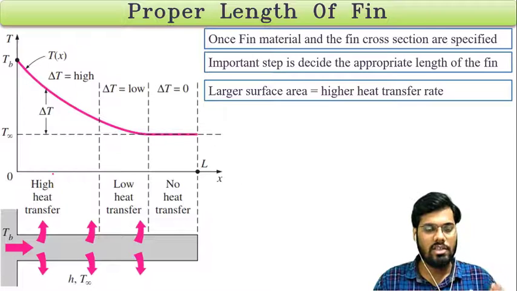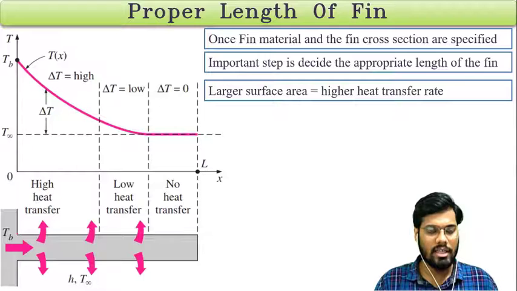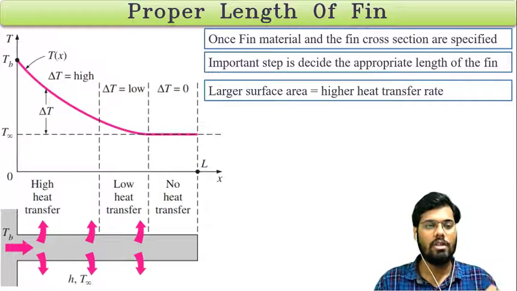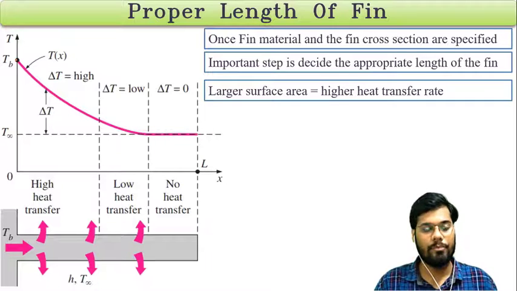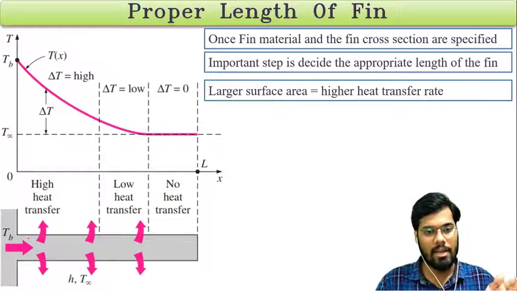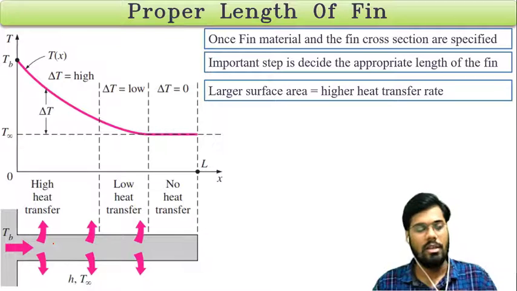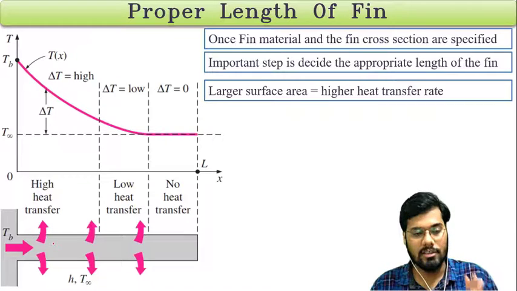So this is the justification of this graph. We know that at this point, when X is equal to 0, the starting point of the fin, the temperature of the fin is the same as the base temperature. So the temperature difference at the starting of the fin is much higher, and as we are moving from left to right along the fin, the temperature difference will decrease, because